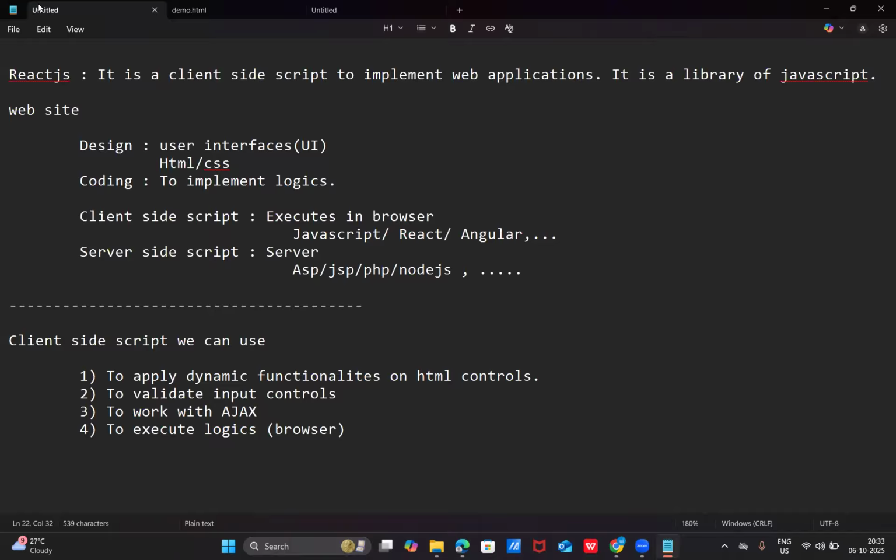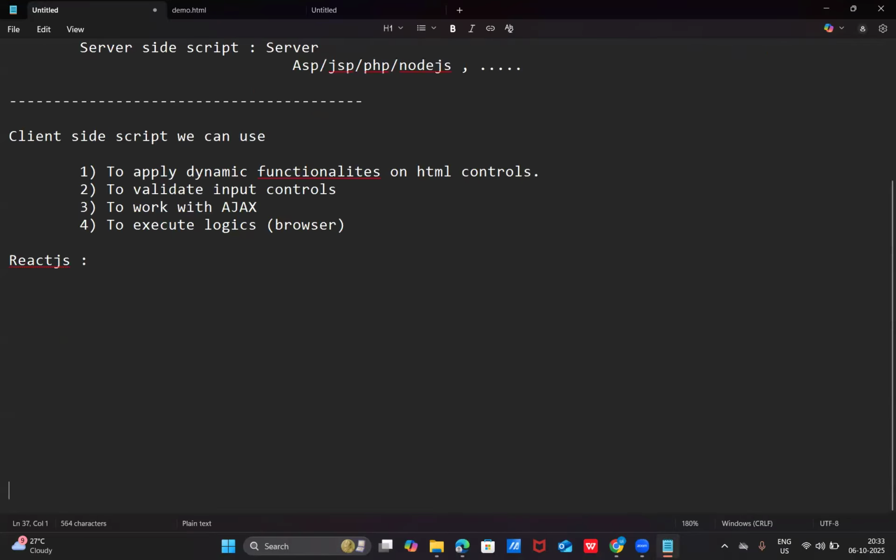Now, come to the history of React.js. Who implemented React.js? Jordan Walke, with the team members of Facebook, implemented this React JS in the year